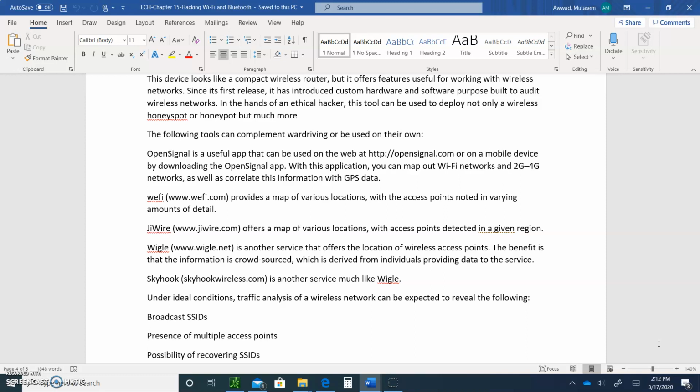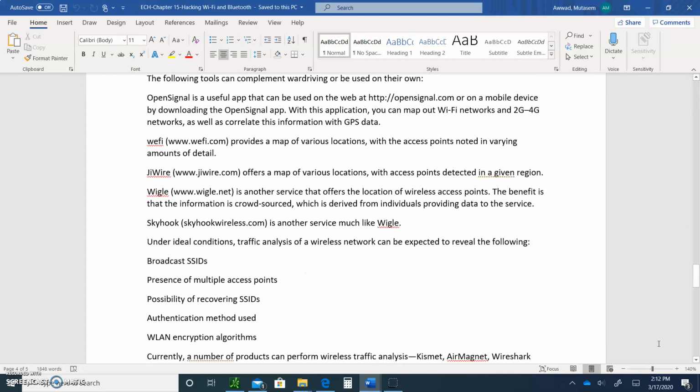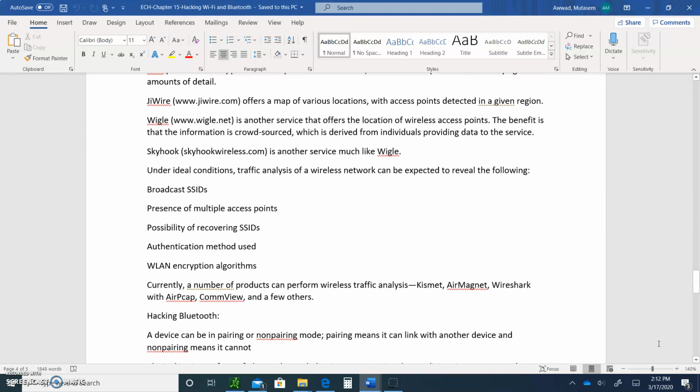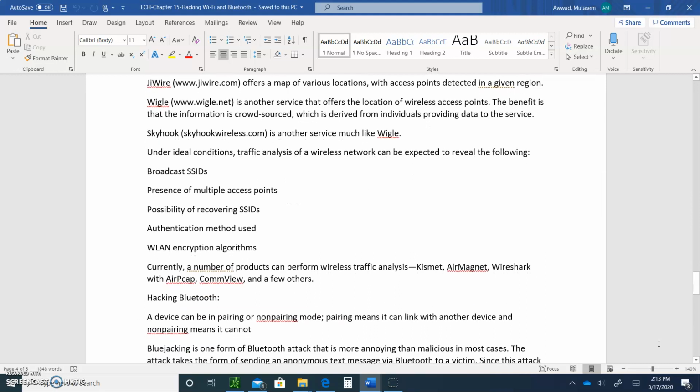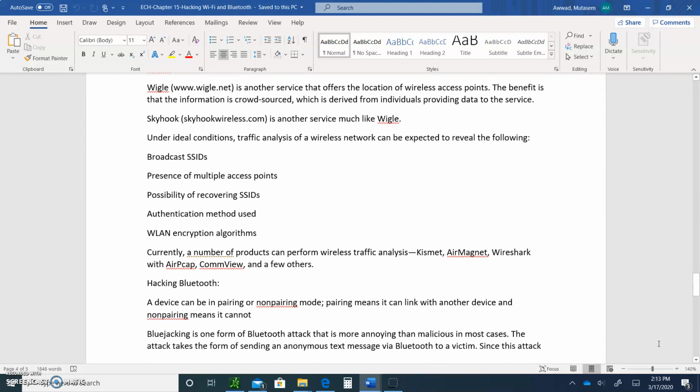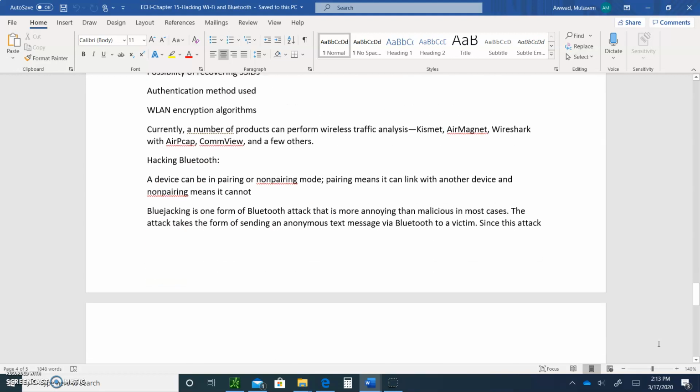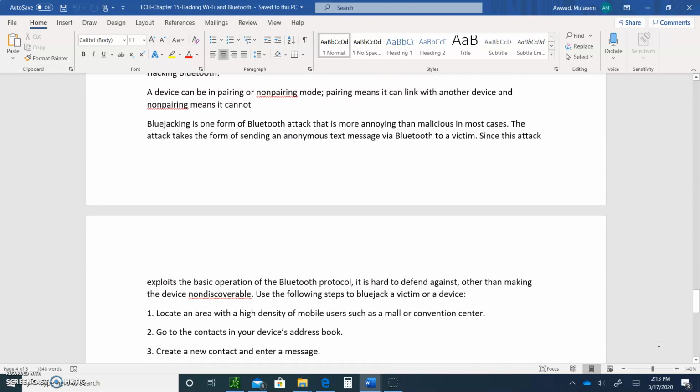All right. Let's get into it. So, under ideal conditions, traffic analysis for a wireless network can be expected to reveal any of the following. Okay, let's get into